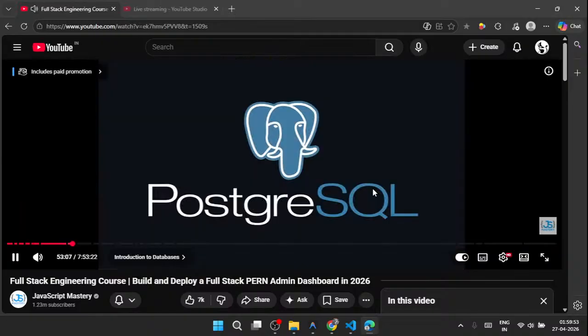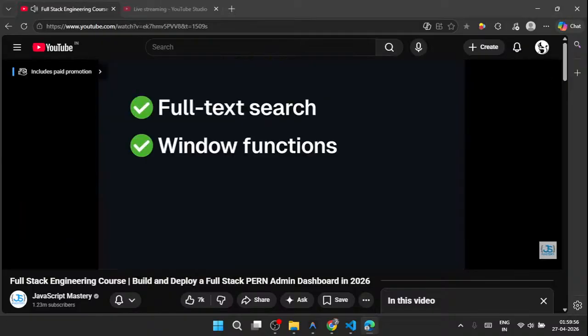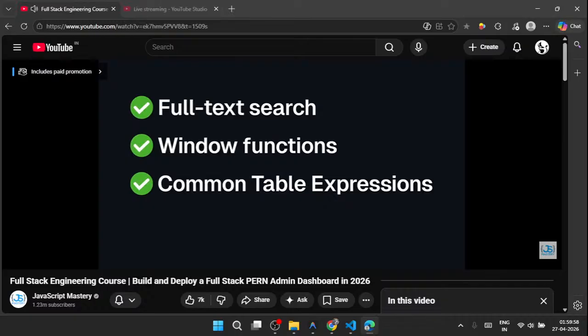It also includes built-in full text search, window functions, common table expressions, and advanced indexing, which means you can express